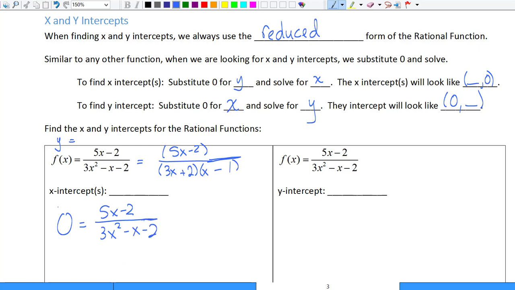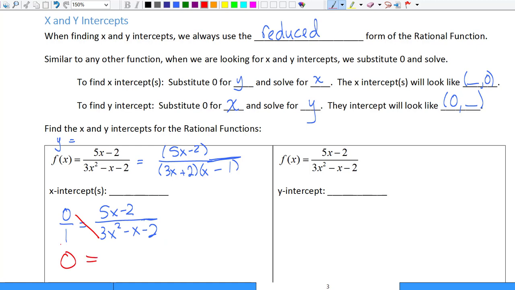Now, when you have 0 equals a fraction, or a fraction equals a fraction, it's really easy to just cross multiply. So I am going to change this 0 to 0 over 1, because any whole number can be written as a fraction if you just put that whole number over 1. So I'm going to cross multiply. I multiply 0 times the denominator, 3x squared minus x minus 2, and 0 times anything is 0,